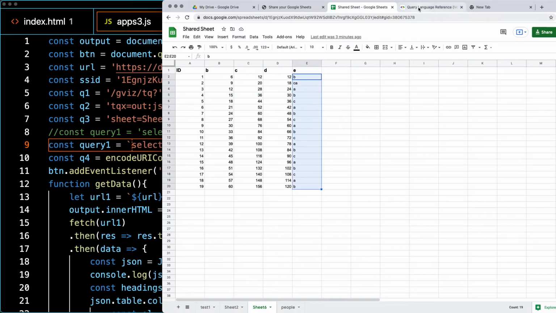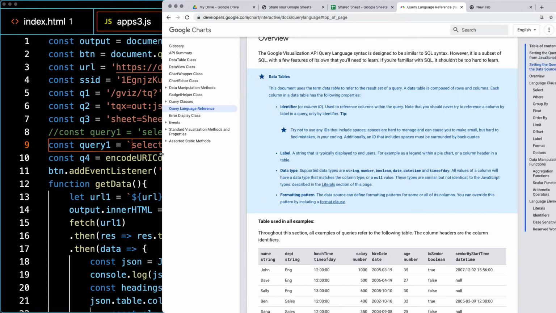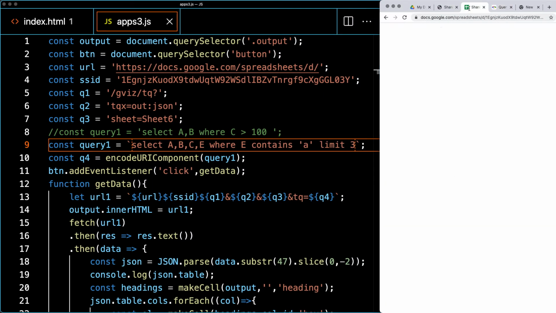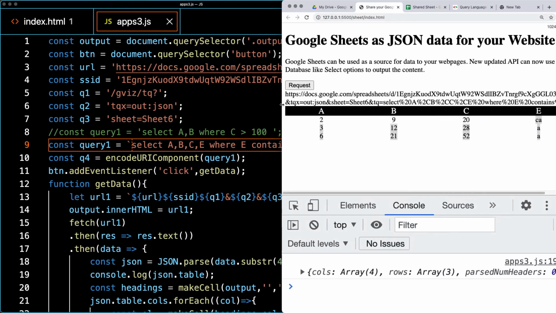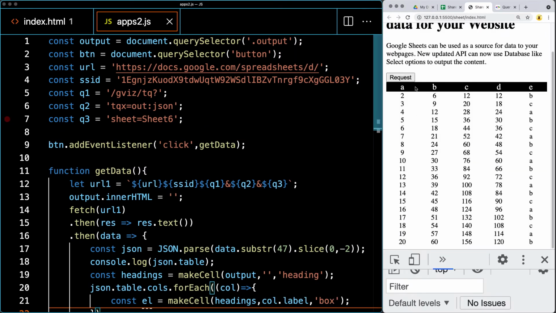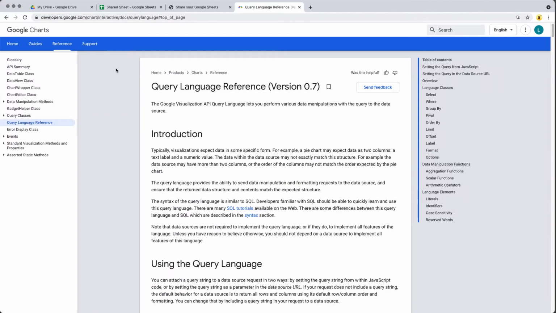So I'm going to be going through some examples of how you can use the query language to get specific results from your spreadsheet and query your spreadsheet and then output the spreadsheet data into your web page. We're going to take what we learned in the previous lesson and then we're going to create some custom queries on the sheet data. So there is a web page that we're going to be using as a reference, and this is over at